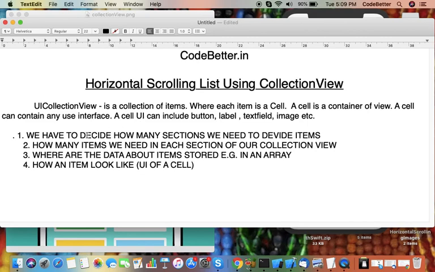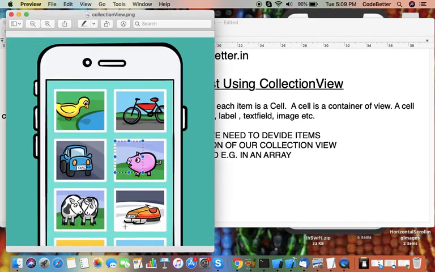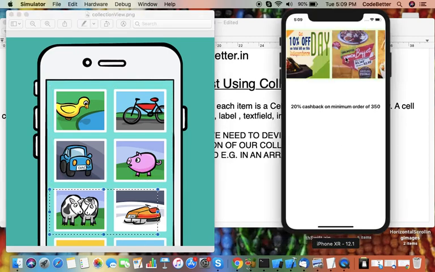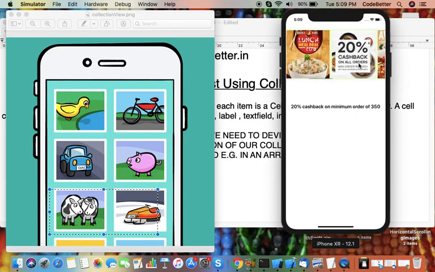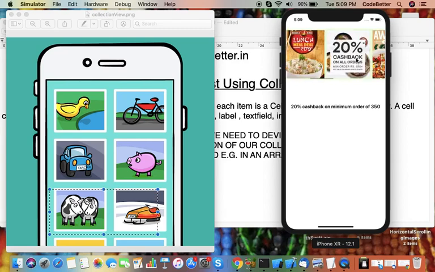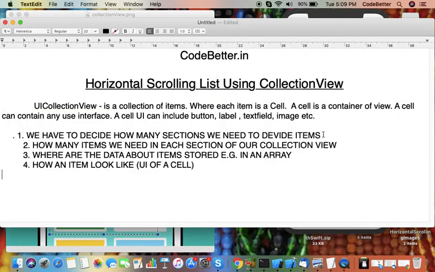So we have to decide how many total sections we need. For example, we can assume there are 2 sections. This is one section and this is another section. But in case of horizontal scrolling, we need only one section, and all items will be contained in that one section of the collection. How many items do we need in each section?